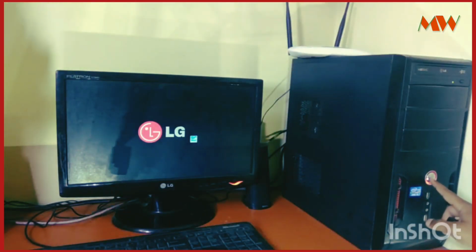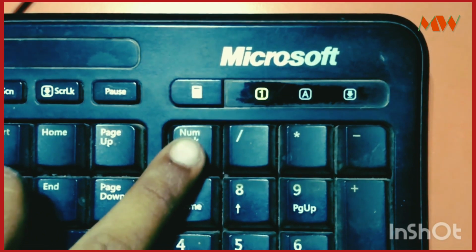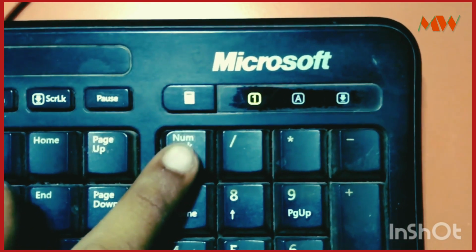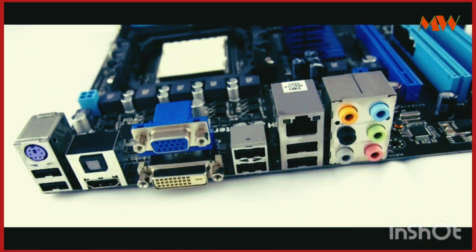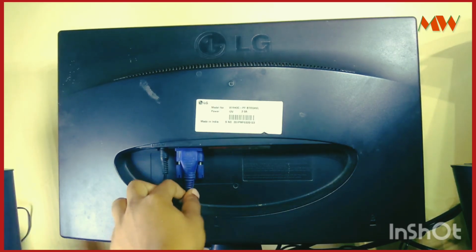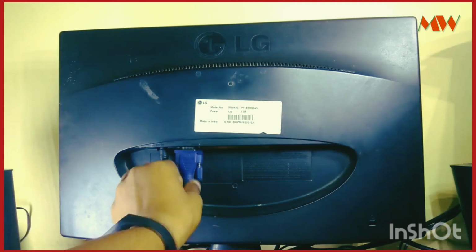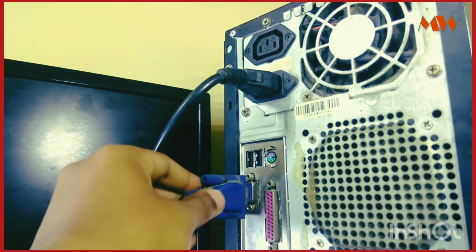The second scenario here is your CPU is starting but your monitor is showing no signal. In this case, you should first check whether the numlock LED on your keyboard is glowing or not. If glowing, means your computer is running. Here we need to check two things. First is the video out and second VGA/HDMI cable. First check your VGA or HDMI cable is correctly connected or not. If connected, remove and reinstall it back. If this does not solve your problem, check whether it breaks somewhere or not, or check with other cables.